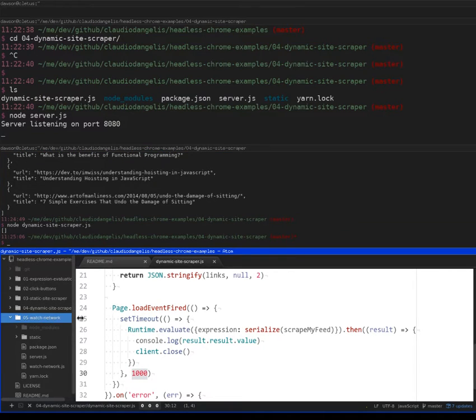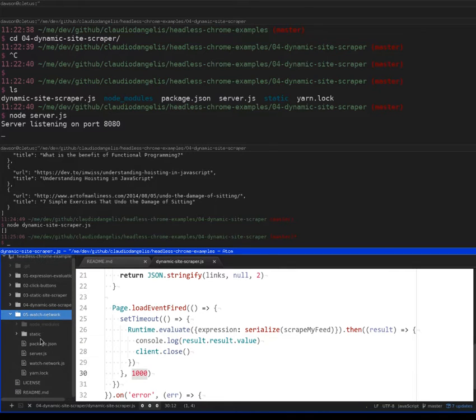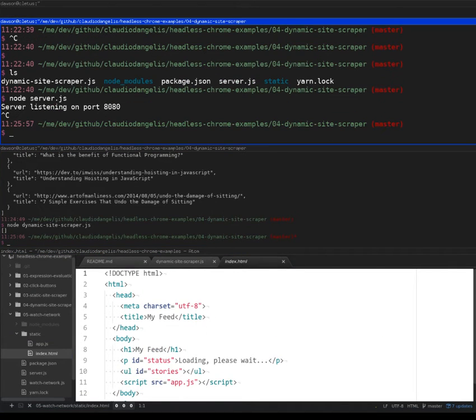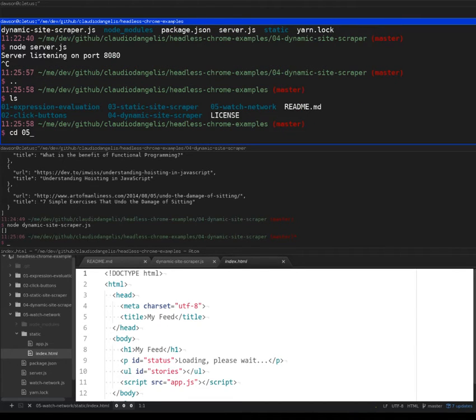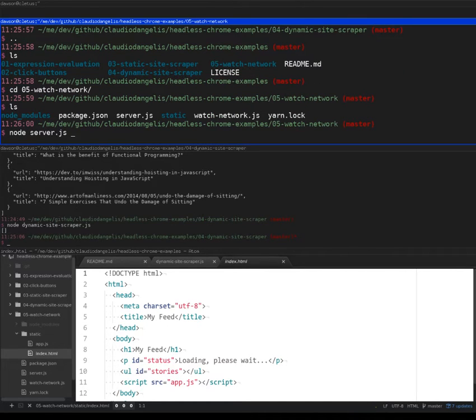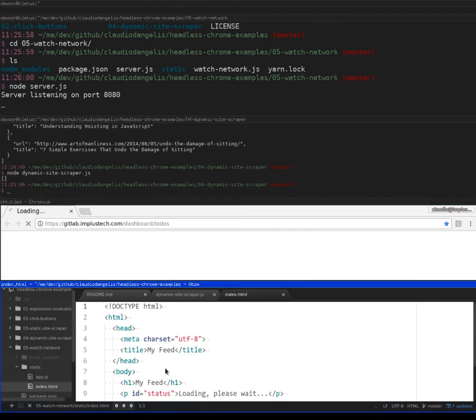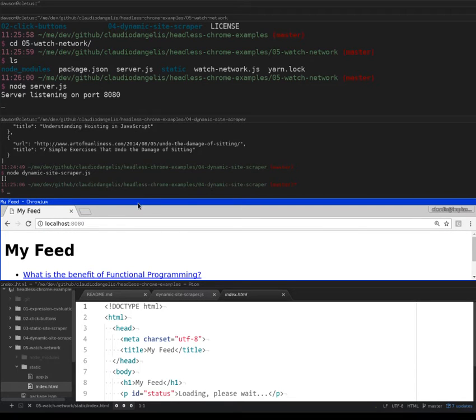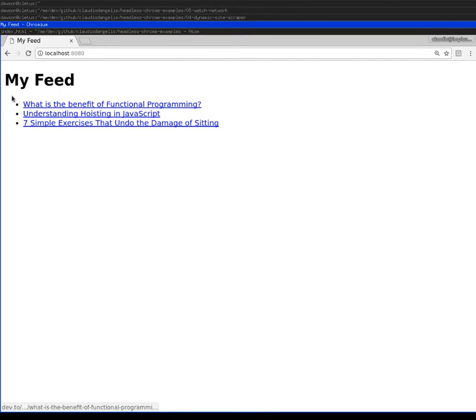I prepared a slightly different version of the stories example, which runs as usual on port 8080, and which basically shows the three links, but